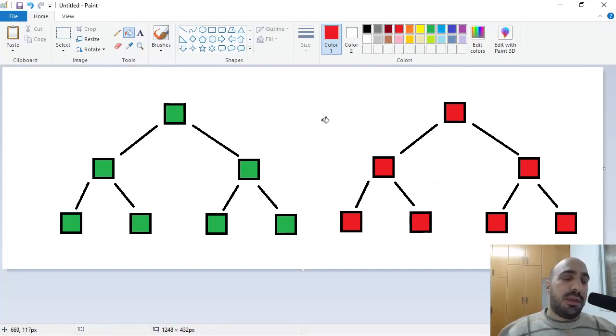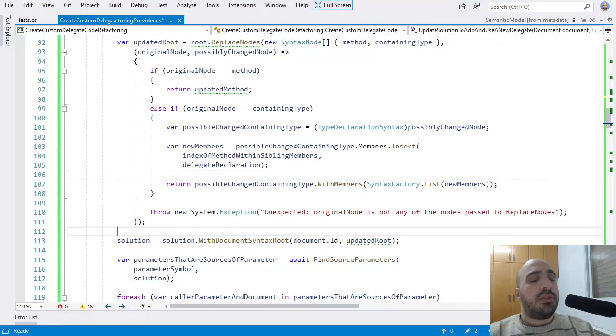Now the interesting thing is that if you annotate a node here, and then you update this node here, the copied version of this node here will contain the exact same annotation. And this is why I think annotations are very helpful. They are a way for us to track nodes. Okay. So now we have the annotation ready. Let's use it to find the parameter syntax node in the new document.